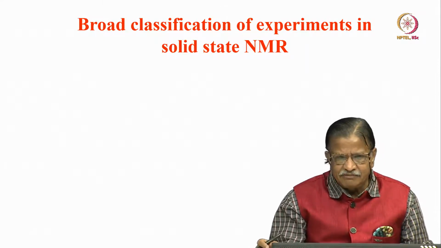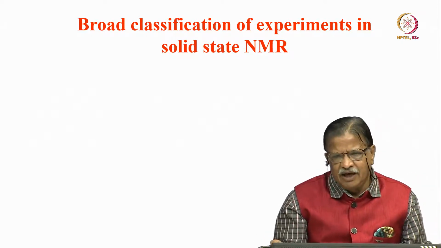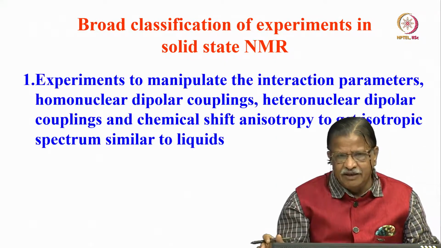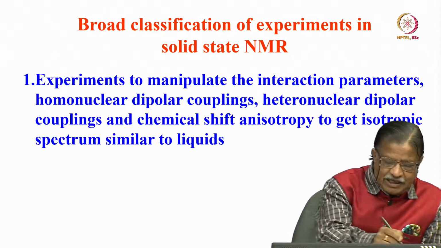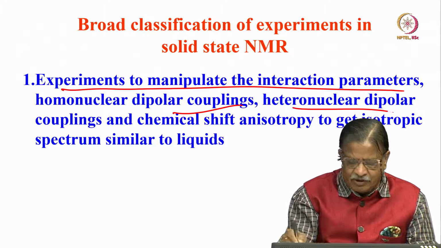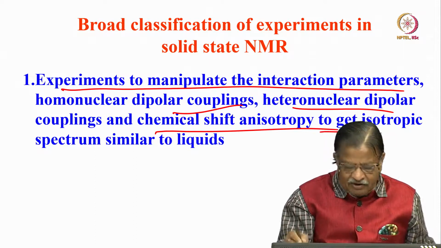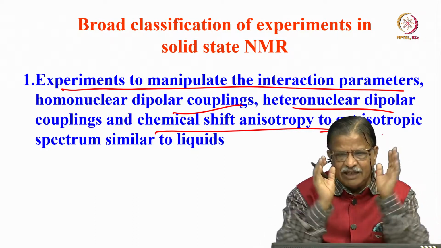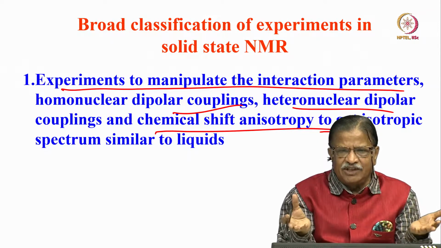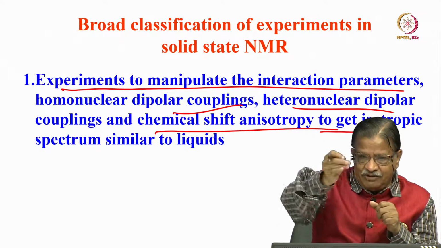So as a consequence, the NMR experiments in solids can be broadly classified into 2 categories. I mean, this is my way of understanding. It need not be seen in the books. One is experiments to manipulate the interaction parameters: homonuclear dipolar couplings, heteronuclear dipolar couplings, CSA, etc. I can manipulate the interaction parameters such that all of them are removed and get a spectrum similar to that of liquids. See, in the case of solids, if you remove all these anisotropic parameters, it is similar to liquids. That does not mean you can dissolve it in the solvent and do it,